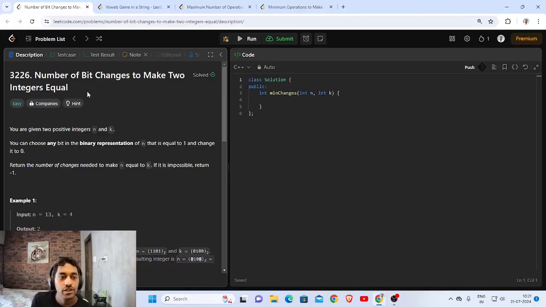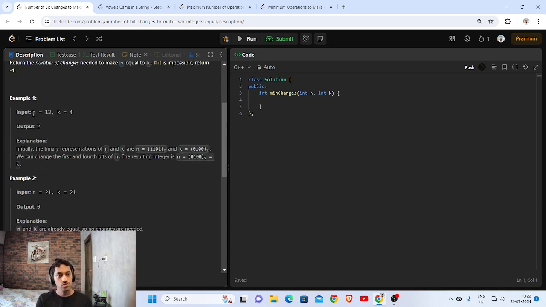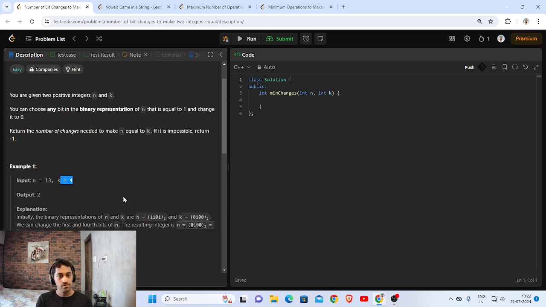Alright, so today's weekly contest, number of bit changes, the first problem, number of bit changes to make two integers equal. We are given n equal to 13, and k is another integer, and we basically need to